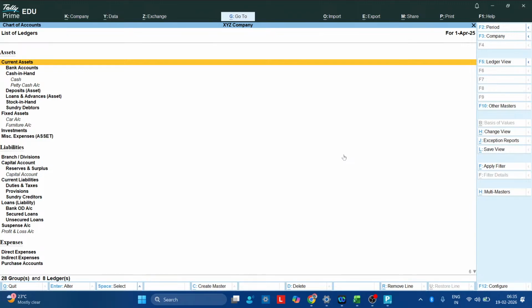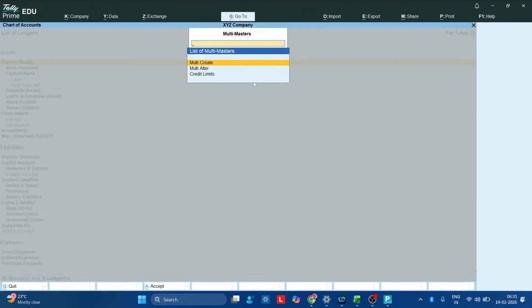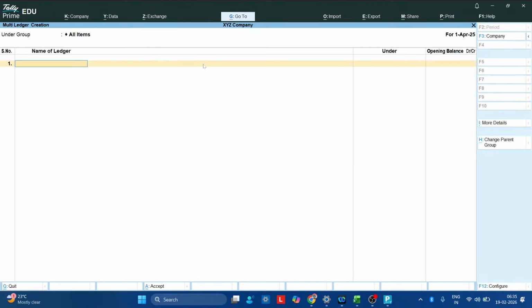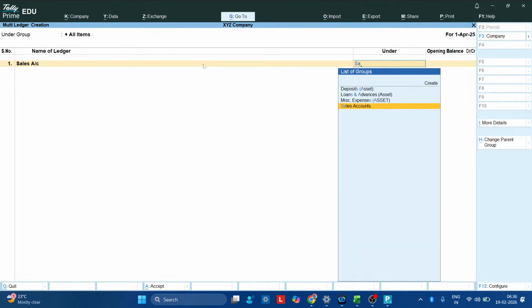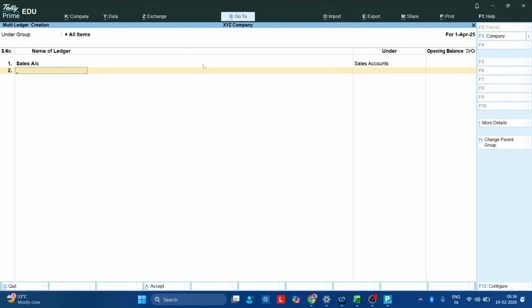There is an option called multi-master, multi-create. Here you put all ledgers together. Whatever ledger you want, you can create here. All ledgers will come here to create. Okay, for example, I create sales account, sales return,